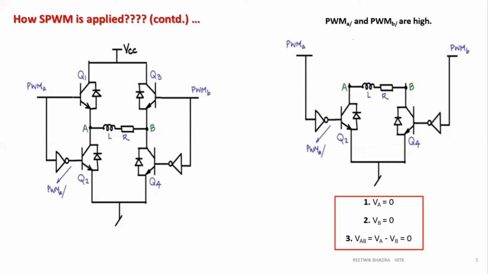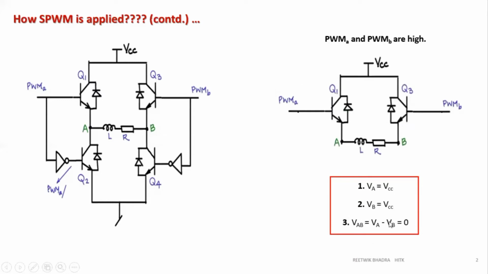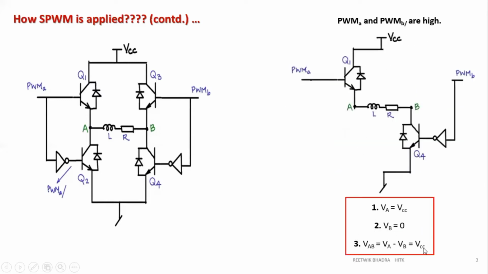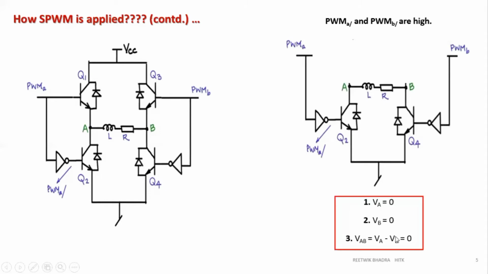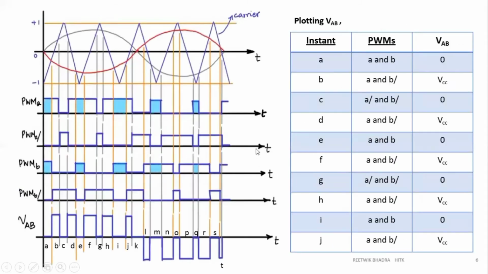Now we will put these 4 conditions together and try to draw the waveform of VAB, because we have got all the 4 values. For all the 4 conditions we have got VAB as 0, VCC or minus VCC. Now we'll try to plot it. I have taken the main reference wave which I used earlier so that you can understand it in a better way, and VAB is drawn over here. I have divided VAB into sections from A to T, each section, even the zeros also. So A, B, C, D and so on, up to T.